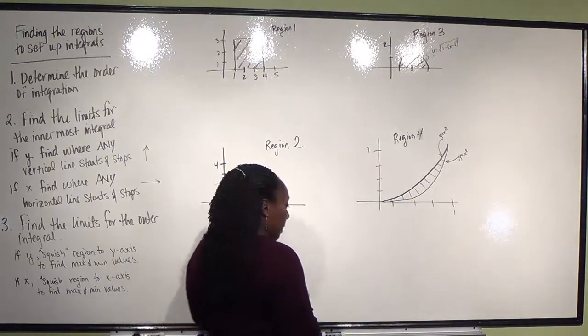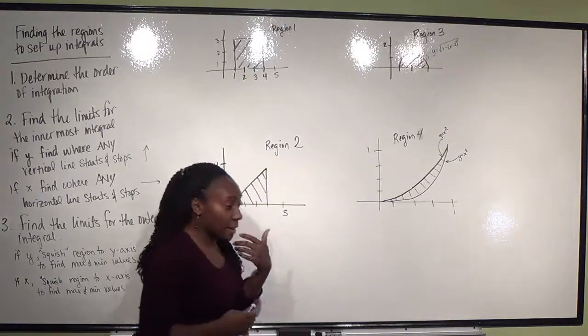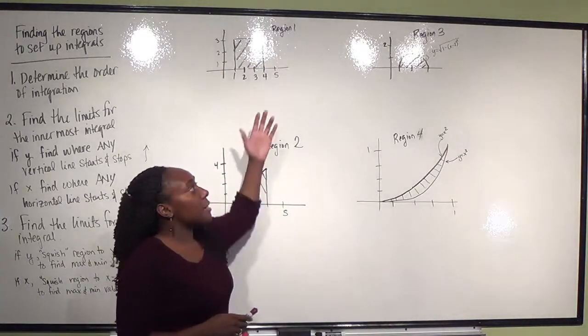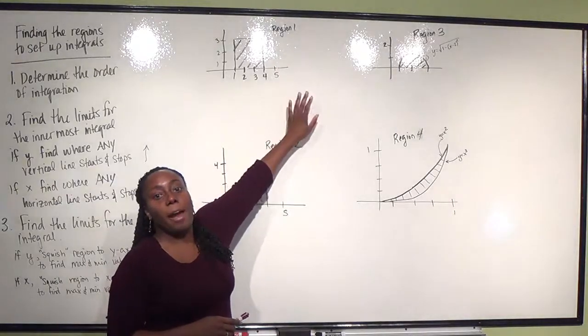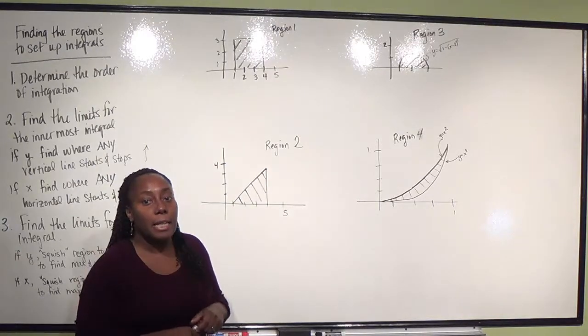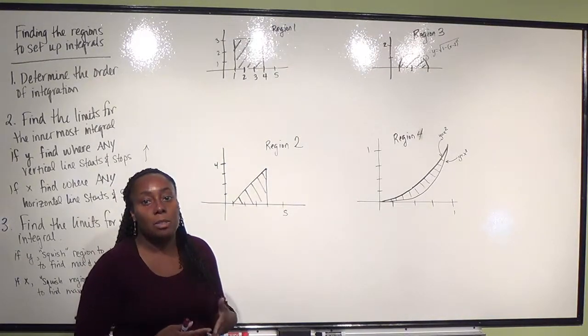And so the first thing to think about for these is, as we did in those last examples where we were actually evaluating, this is the only region you are ever going to have that has constant limits in both the inner and the outer integral. If I'm looking at constant limits anywhere else